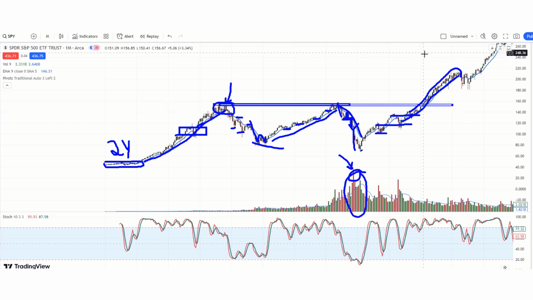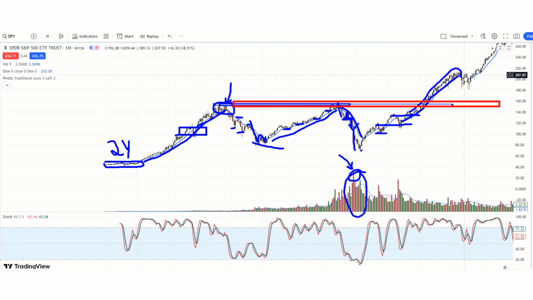Look how much further up we went from this point. Now, if I draw a red box right here, look at this point. Look where we came up from. Look how much higher we got up there. Now, this is only in 2015, remember. Then we come up and we know we have a major resistance level right here. We come up and we break out. We have another bull market, and that was around October, November of 2016.